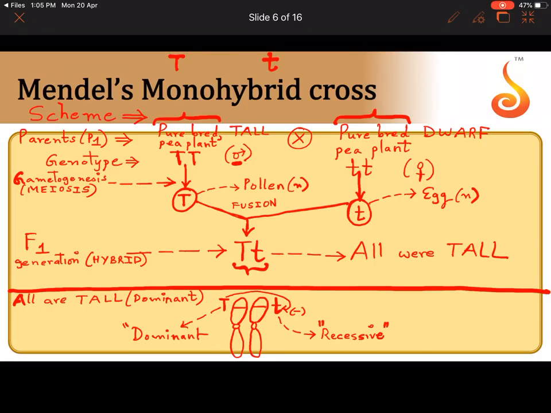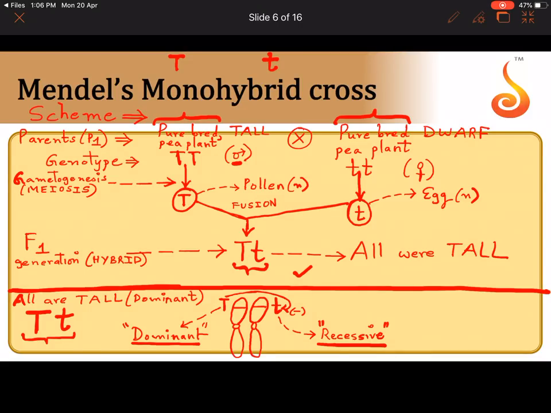When there are two dissimilar pair of factors, when there is capital T and small t, which are dissimilar or unlike, heterozygous condition, one allele will suppress the effect or will dominate over the other. That allele which is dominating is called dominant allele. The one that is suppressed is referred to as recessive allele. Is that clear to all of you? Okay. So this is not the end of where I have drawn the line. I am going to continue from here in the next slide.